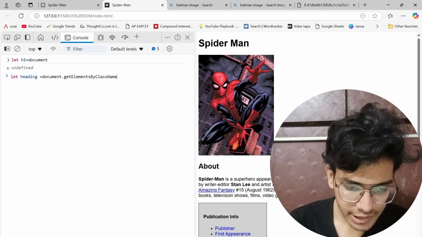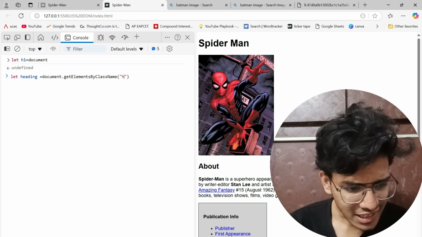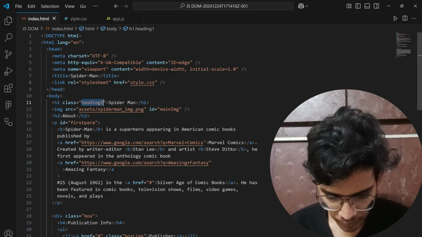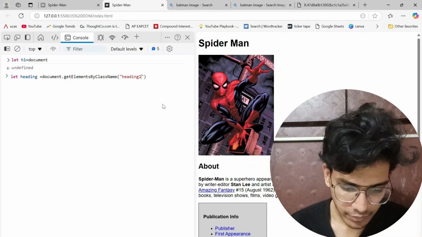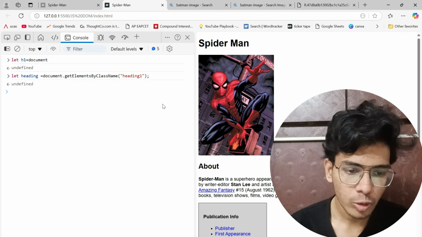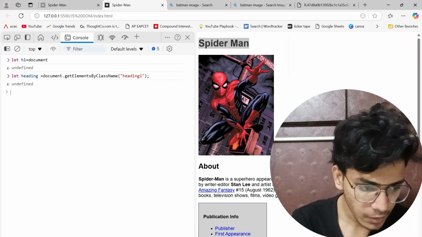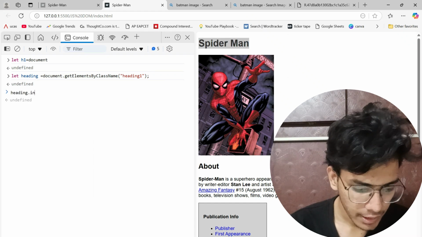And what is the class name? Heading 1, right? So I will copy the class name here, heading 1, and paste it here. Now I want to change this Spider-Man into Batman. So I will write heading dot inner HTML, heading dot